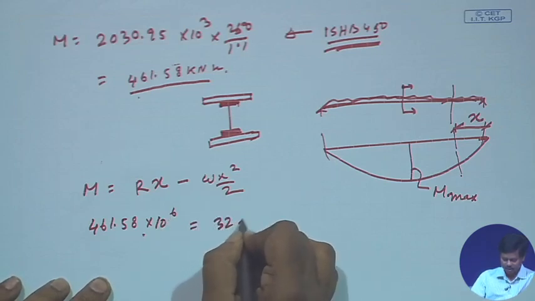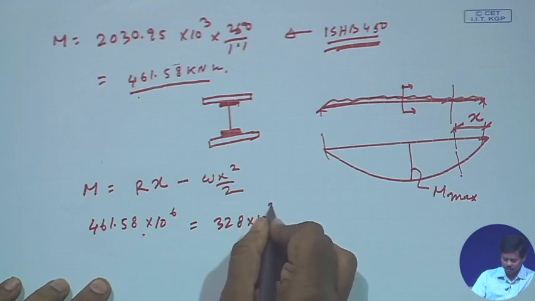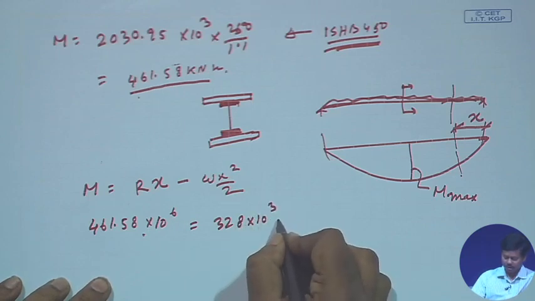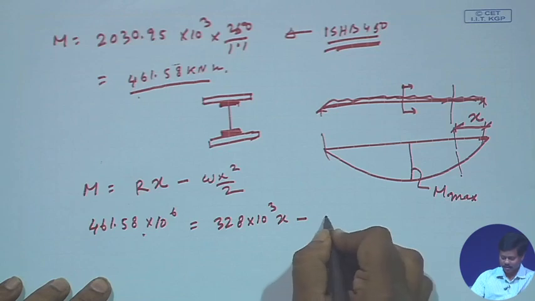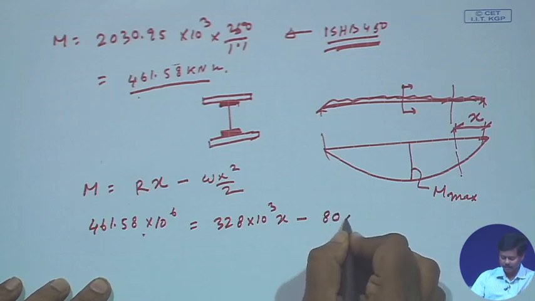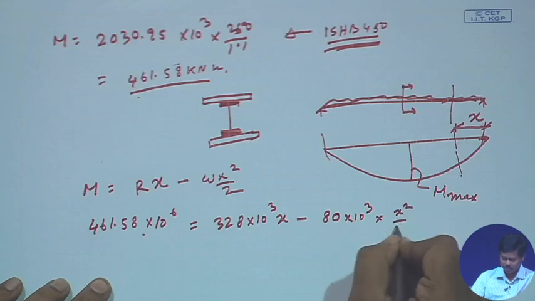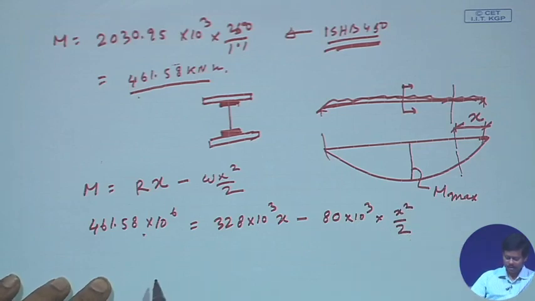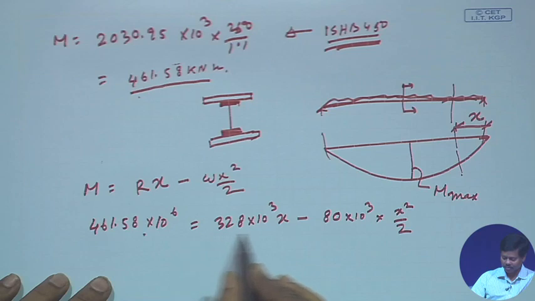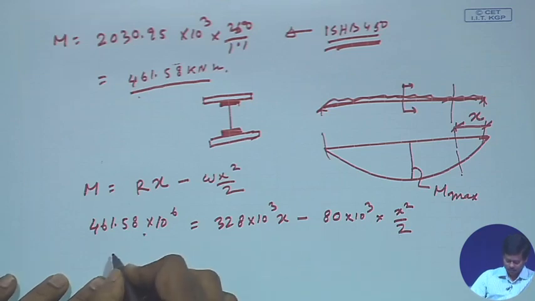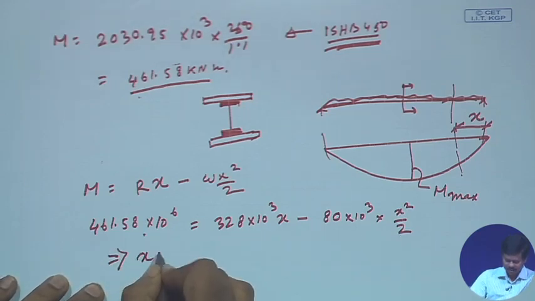So, 328 into 10 cube into x minus 80 into 10 cube into x square by 2, right. So, I am making everything Newton millimeter. So, from this I can find out x as